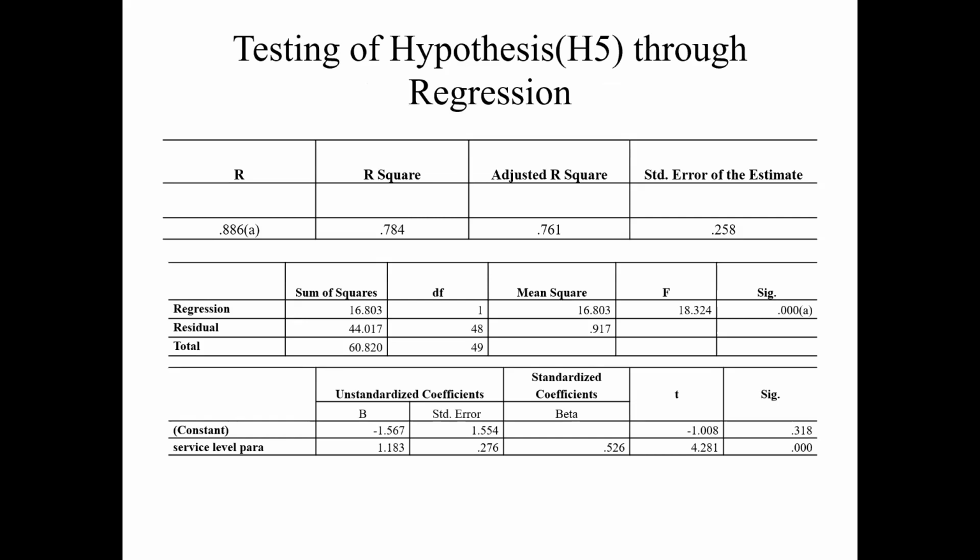So the testing of hypothesis through regression: the R value is 0.886 and the R square is 0.784, and the sum of square regression is 16.803 and the residual is 44.017, the total coming